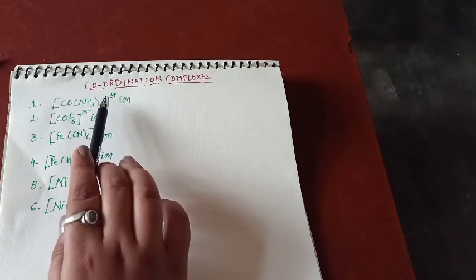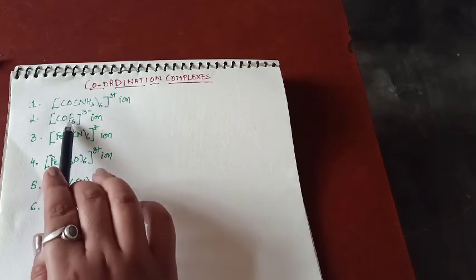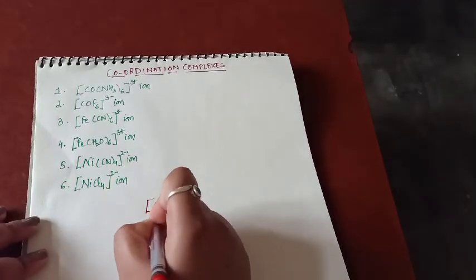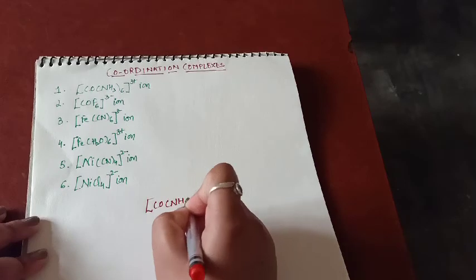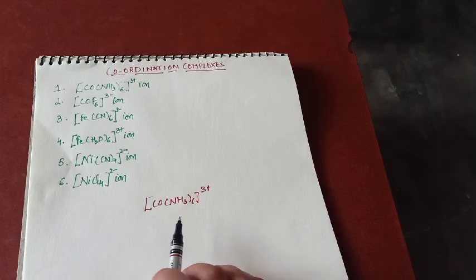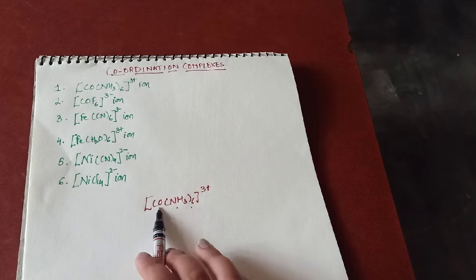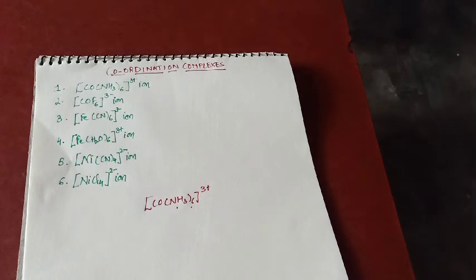Okay, but maybe you have solved it, but first of all I will discuss this example, then we will proceed to the next and all the examples one by one. Okay, so that the VBT should be more clear to you. So the first example which I am discussing here is cobalt ammonia 6 3 positive. If you have to make the IUPAC name of this compound, what would it be? Hexaammine cobalt 3. So this will be the name of the complex.